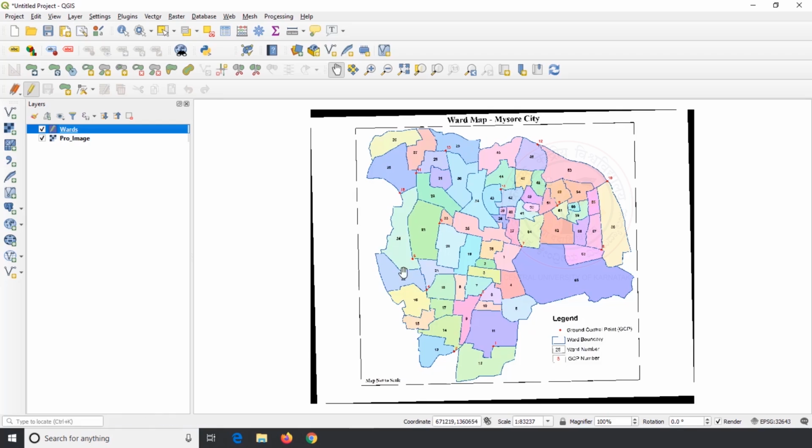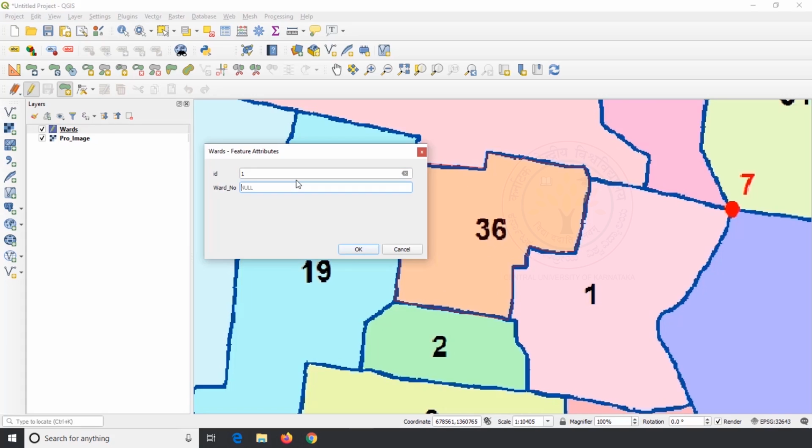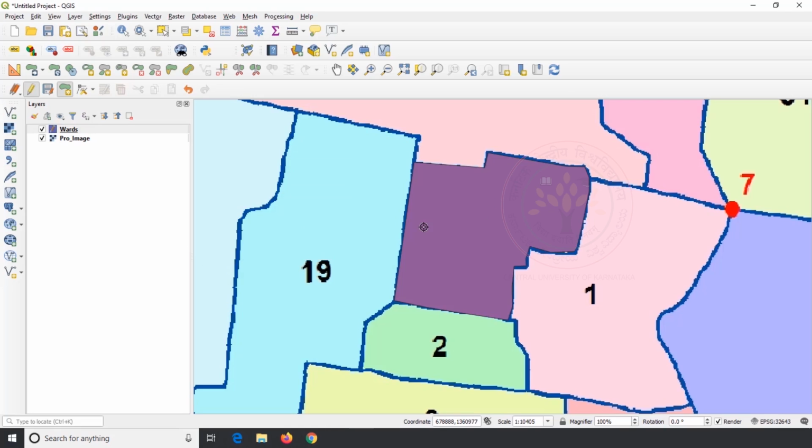Click on toggle editing and start to digitize any polygon on the ward map. Once the first polygon is created, enter the ward number on the pop-up window followed by a click on OK.